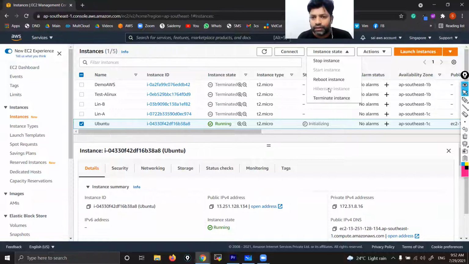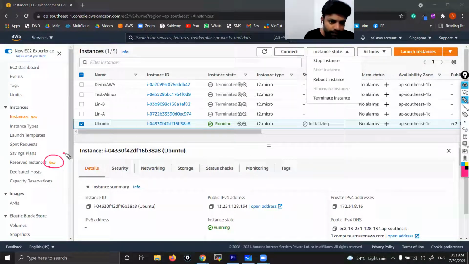Someone said that the reboot option is not working. Okay, I'll verify and let you know. Sometimes they keep on modifying things in AWS. I told you, sometimes browser-based SSH may not work, because they keep on adding new things. If you observe carefully, you can see new options, meaning they have introduced new things. Sometimes they are doing R&D and checking all options. At that time it may work, may not work, sometimes when they modify anything new.